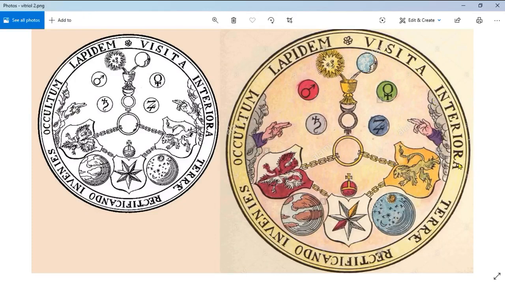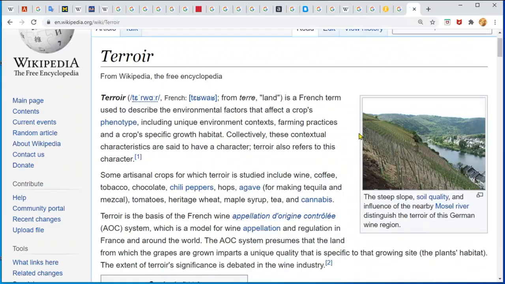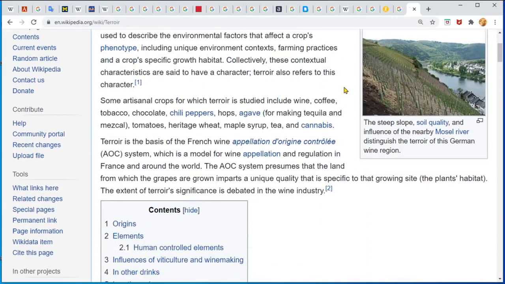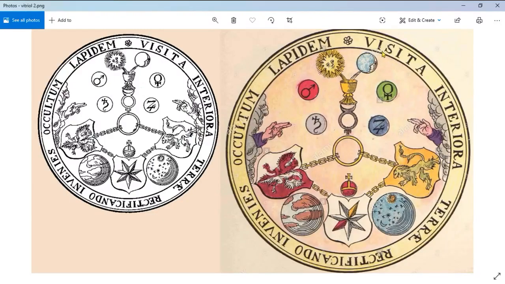And then the R-A-I-N, the rain, the terroir. This R goes with the rain, but this reads terroir, the last letter here, the terroir. And so terroir is a French word, and it means all the qualities of the land and the atmosphere and everything that makes that grape grow the flavor it does. You know, it's everything in the land and in the air, and what wind's blowing by it, how it gets sun. Everything controls how that grape grows. And they've been doing this for a million years probably. To permissions to travel,